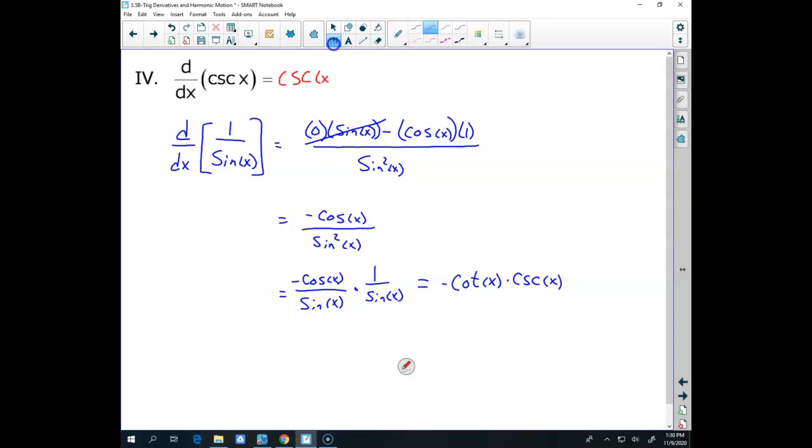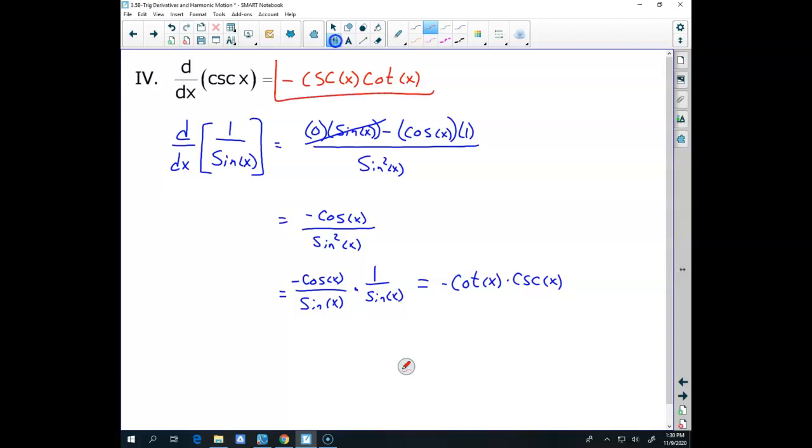cosecant x cotangent x, and I forgot a big portion of it. So I'm going to take that and slide it over, because what did I forget? I forgot that whole negative symbol. It's negative cosecant x cotangent x. Okay? So I just slammed out at you 1, 2, 3, 4 more derivatives that you have to commit to